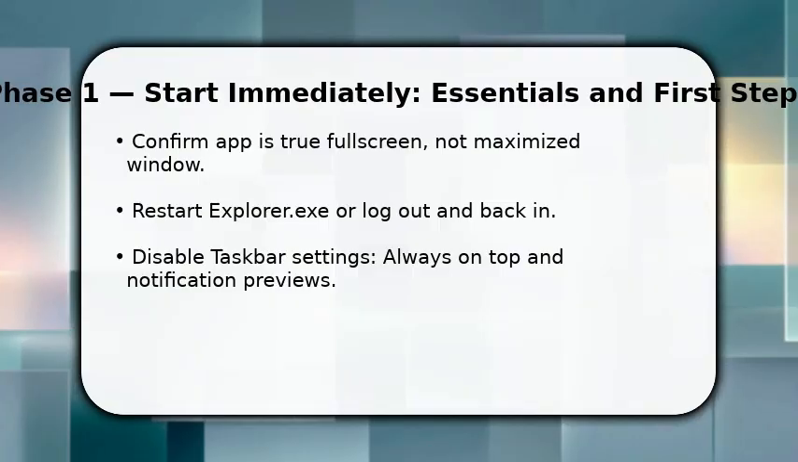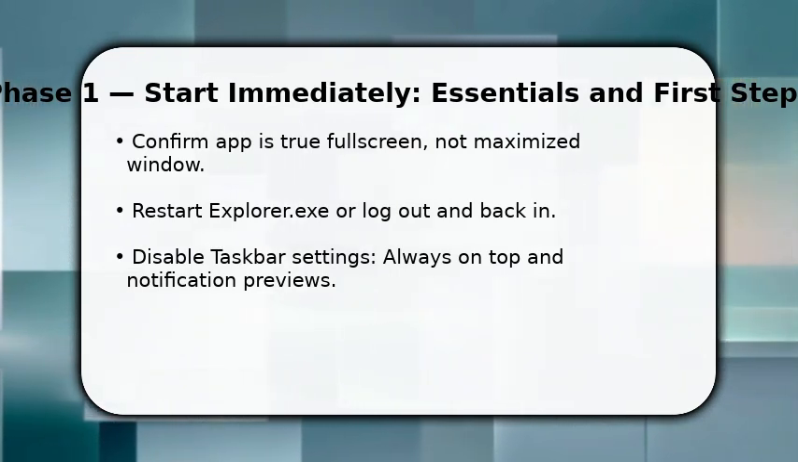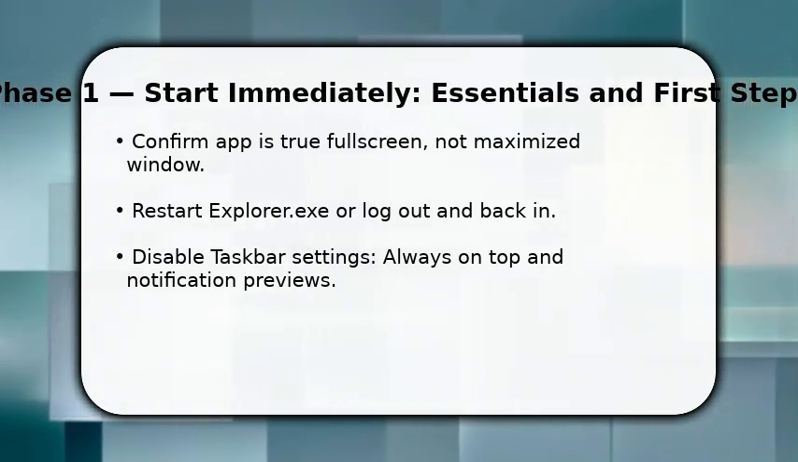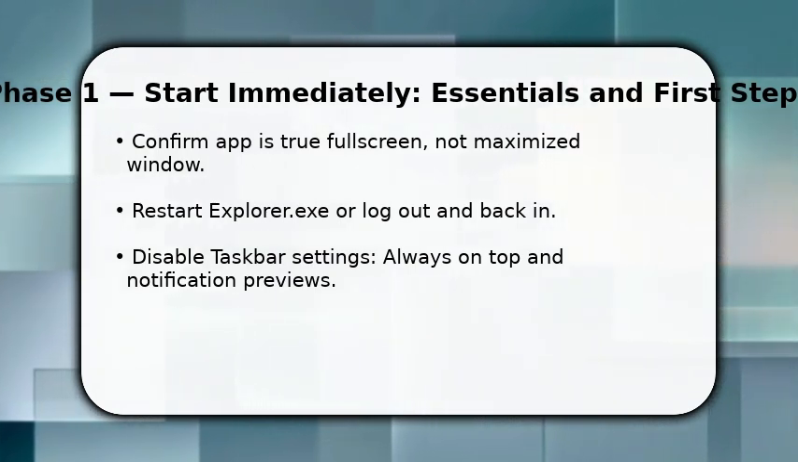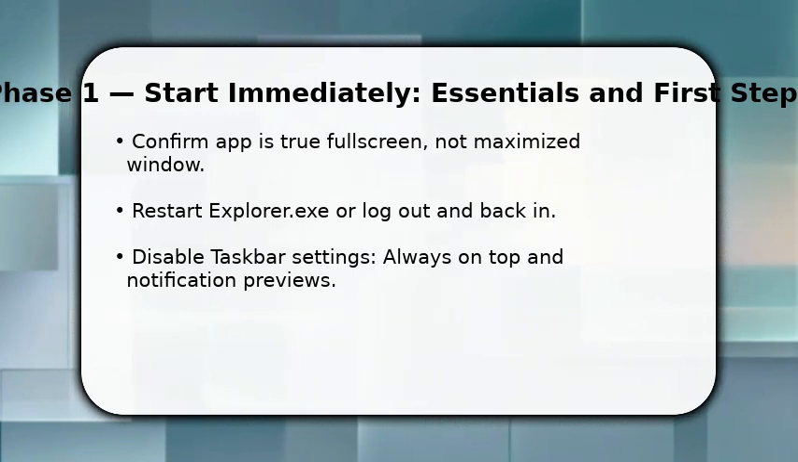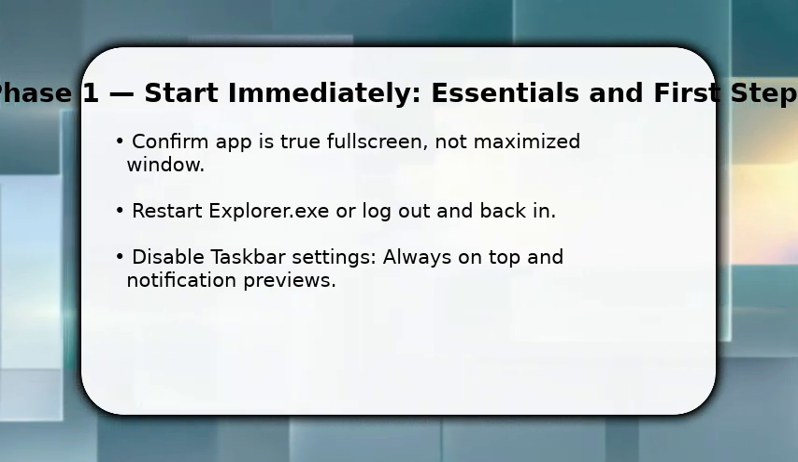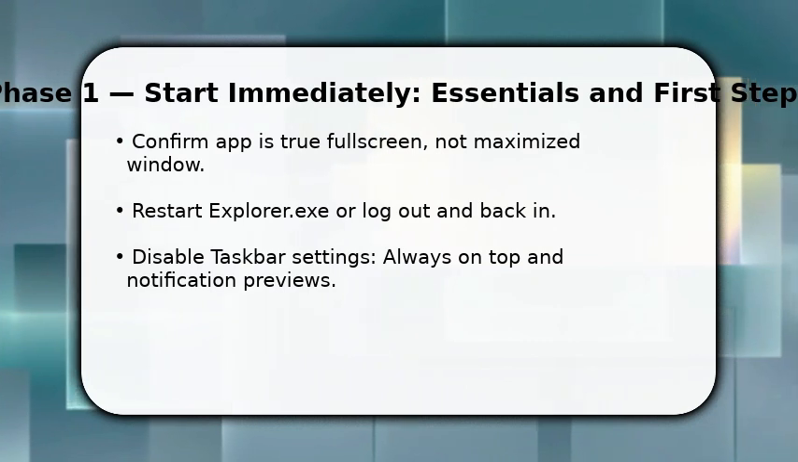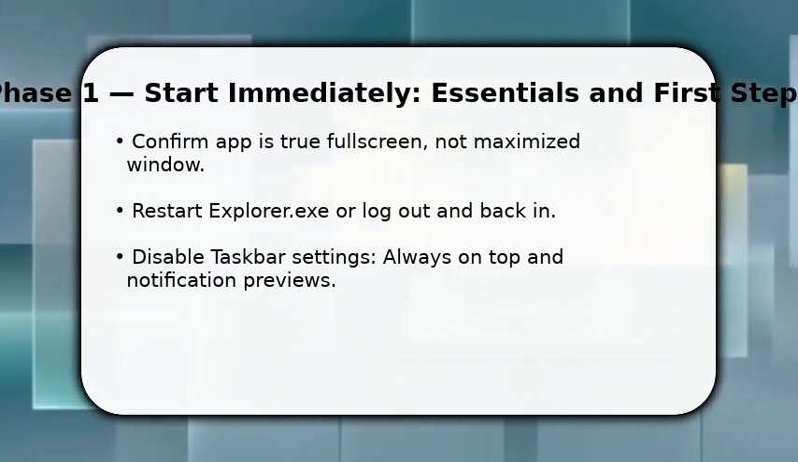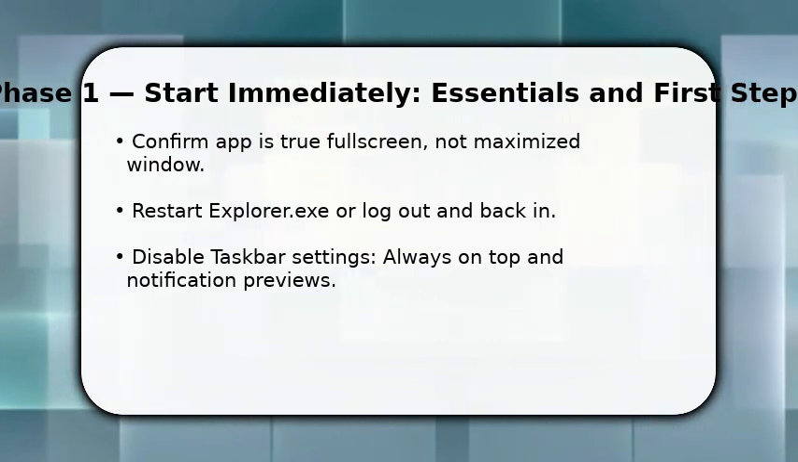You start by confirming the app is running in true full screen, not a maximized window, because Windows treats them differently. Once done, open Task Manager and restart Explorer.EXE, this refreshes the taskbar process immediately. Make sure to toggle taskbar settings, turn off Always on Top and hide taskbar in desktop mode. These first actions remove common glitches fast, and they prepare the system for deeper fixes if the bar still appears